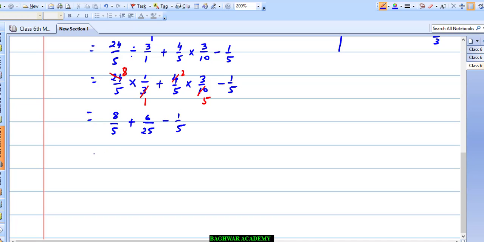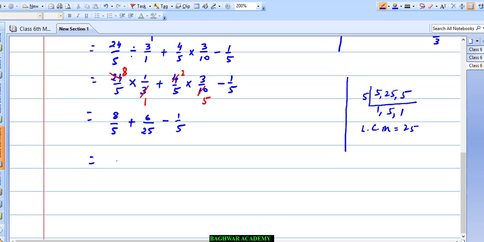So simple simplification is left. In denominator we have 5, 25 and 5. So we need to find out LCM out of this. One thing you need to remember, if numbers have been given and those bigger numbers what has been given, those are multiples, then the biggest number will be your LCM. Just you see 5 1 is 5, 5 5 is 25 and 5 1 is 5. Just you see what it will be your LCM. Your LCM will be 25. 5 1 is 5 and 5 5 is 25.